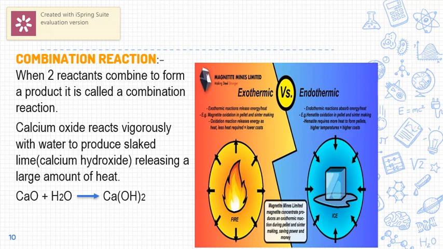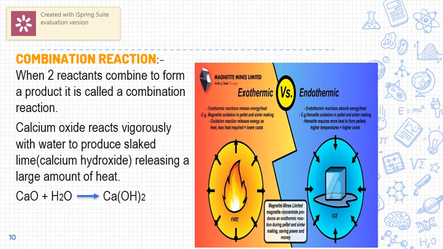One small sample he has given: when any fuel is burned, a lot of heat is given out. He has taken an example of magnetite in the extraction of iron metallurgy that we are going to discuss in the 11th class chapter. And endothermic, where energy is absorbed. When we put a small piece of ice under a palm, we feel cold because heat is absorbed. That's why we feel cold.